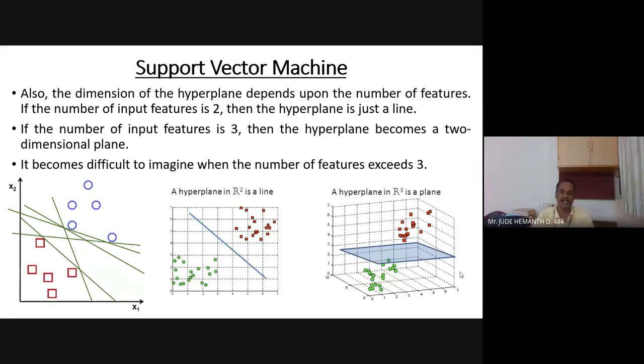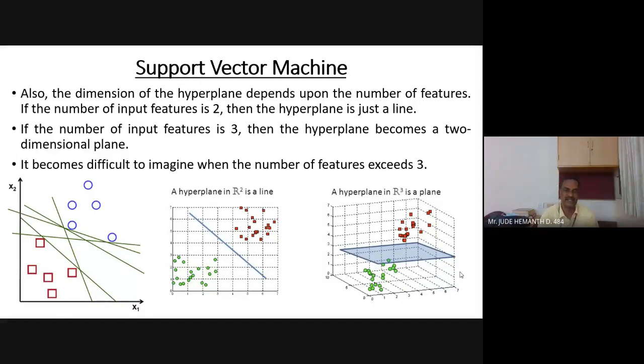But when you look at your R3 structure, the third diagram, you can see the number of axes is 3. You have x-axis, you have y-axis, and also you have z-axis. If the number of axes is 3, then the hypothesis or the hyperplane should be 1 less than the total features or the total dimension. So it will become a 2D structure, a rectangular or a square region. This is called a hyperplane. Yes, a line is also a hypothesis. A square or a rectangle is also a hypothesis, but depending upon the number of dimensions, the nature of your hyperplane